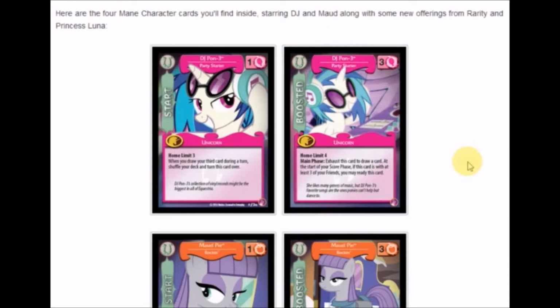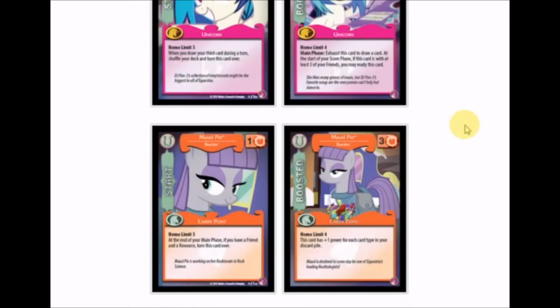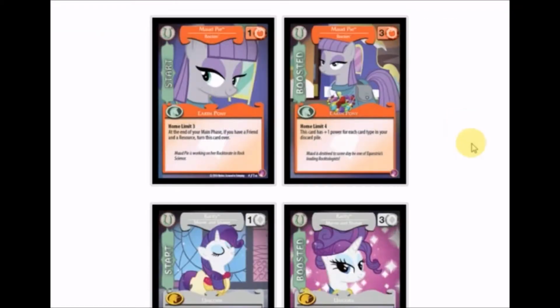So basically, it's just a big draw power deck. A lot of pink cards have draw power nowadays, and this is just gonna be, I guess, a fast deck. I'm not that good at deck building yet, but who knows? Maybe when I get my hands on DJ Pawn 3, I can see what kind of draw deck it would be. Maybe like a pink and orange. Hey, speaking of orange, we got Mod Pie,